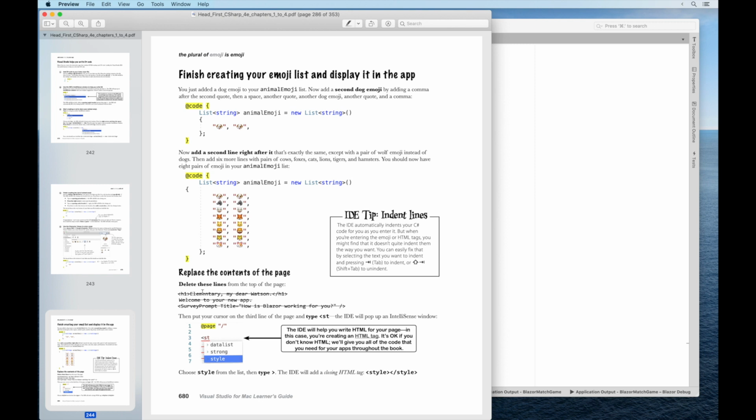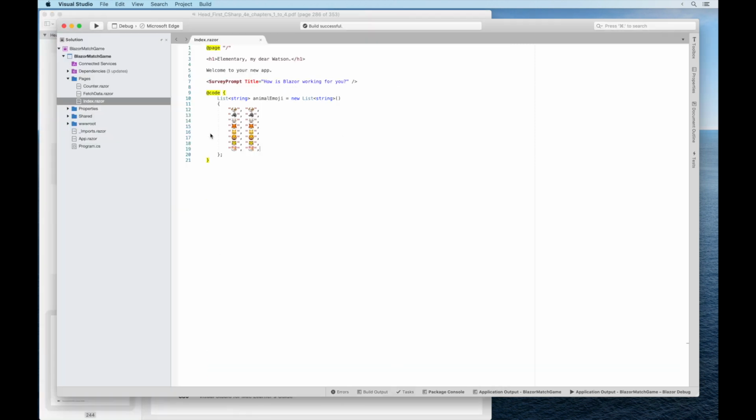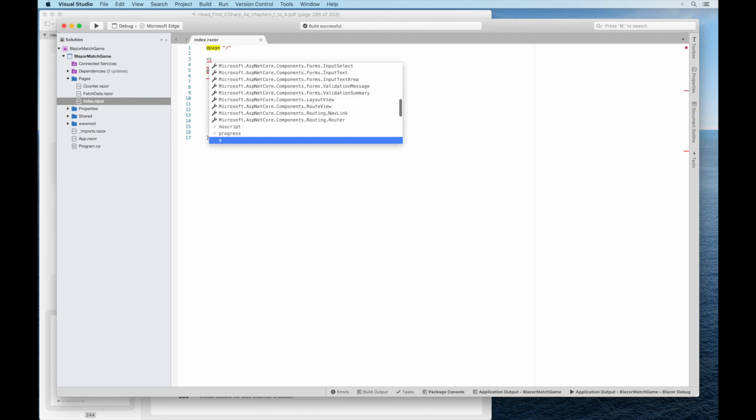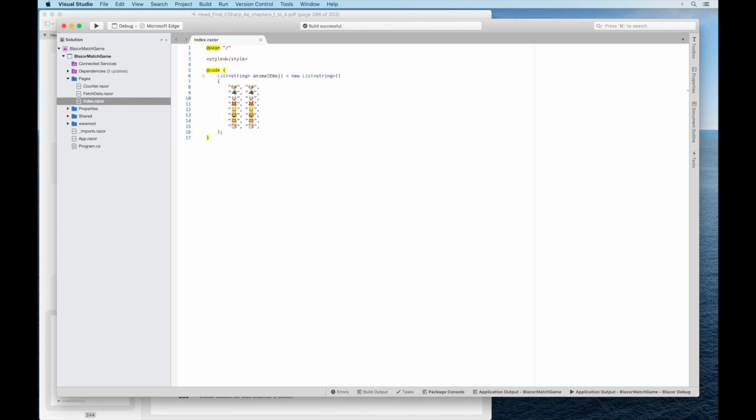Right now, your page still shows that Hello World app where you replaced the text Hello World with something else. So now you're going to replace the contents of the page. Delete the 3 lines from the top of the page, just underneath the @page line. Then, place your cursor on the 3rd line, type